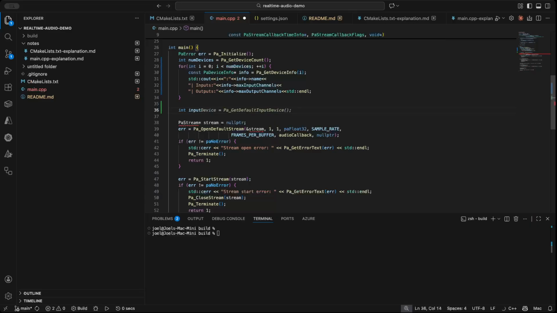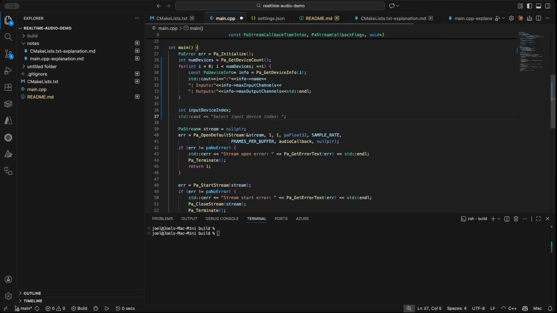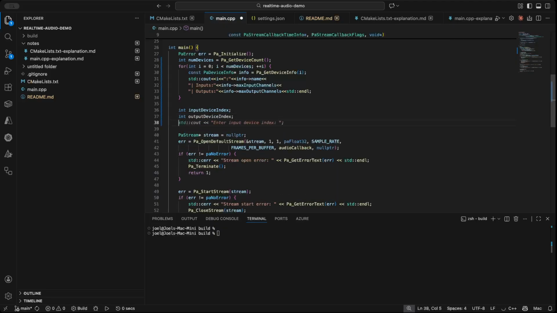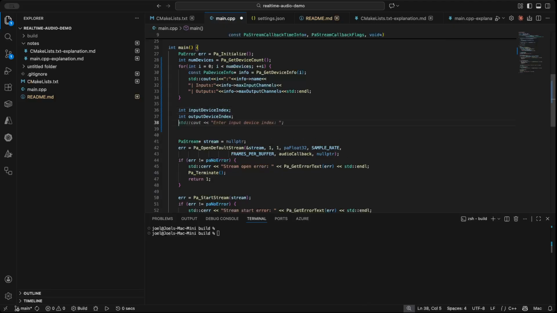input device. Okay, so what's happening with my keyboard? Okay, input device index, and we're also going to say output device index. So what this does, it is actually creating 2 variables, one for the microphone selection and one for the speaker selection. So we're just going to do a printout,